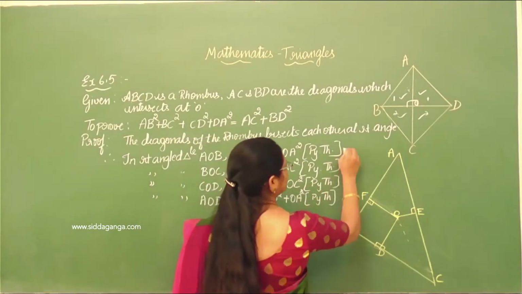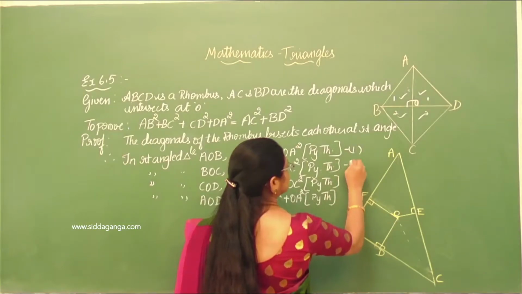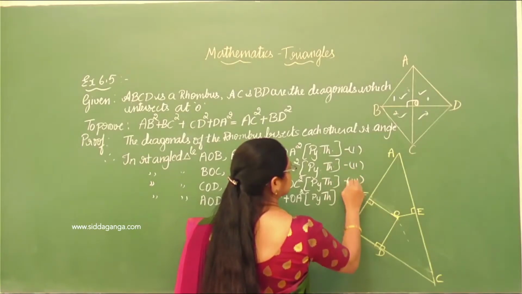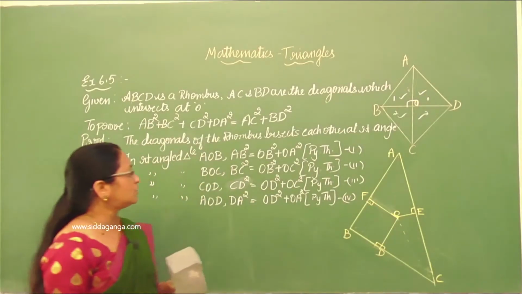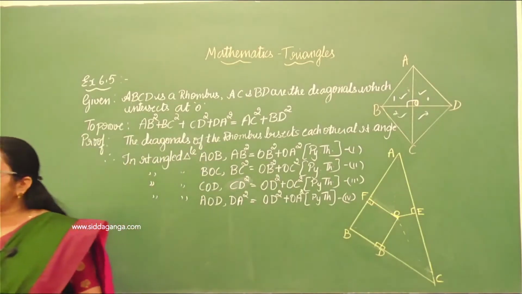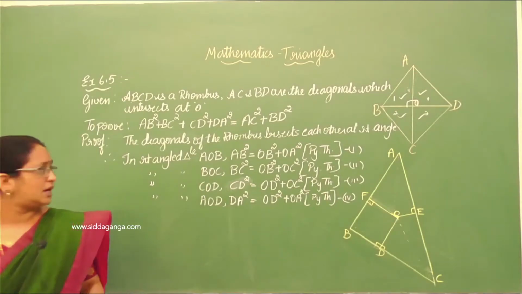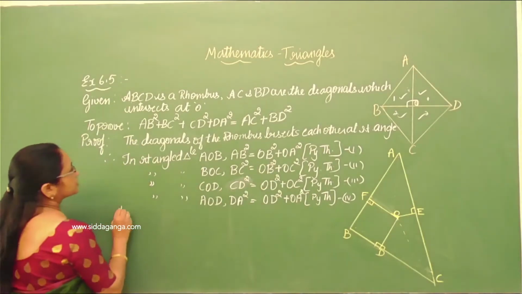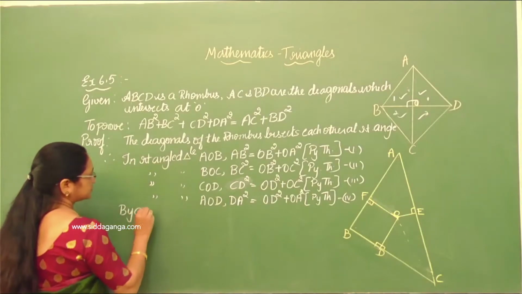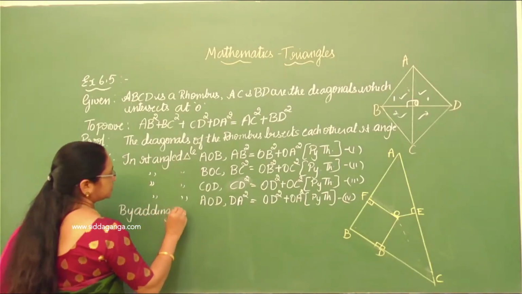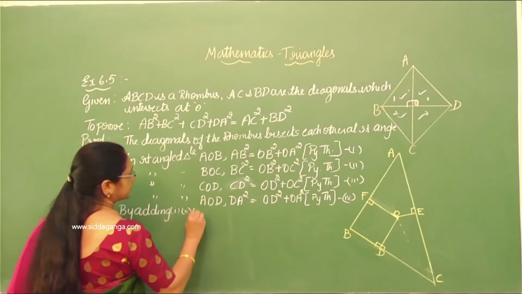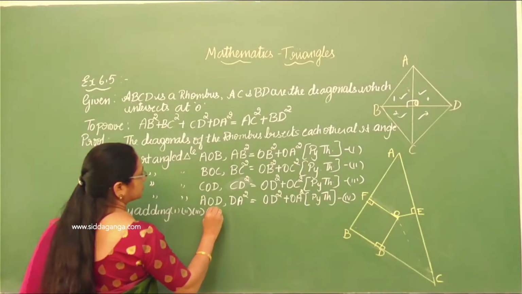Now we have four equations, 1, 2, 3 and 4. Now by adding all the four, what will we get? Just add all the four. So by adding 1, 2, 3 and 4, we get